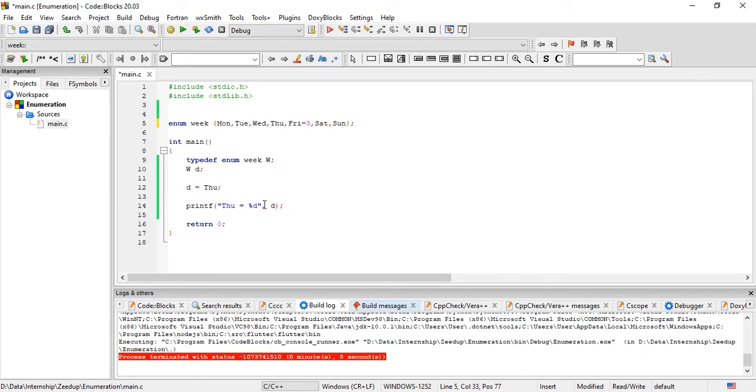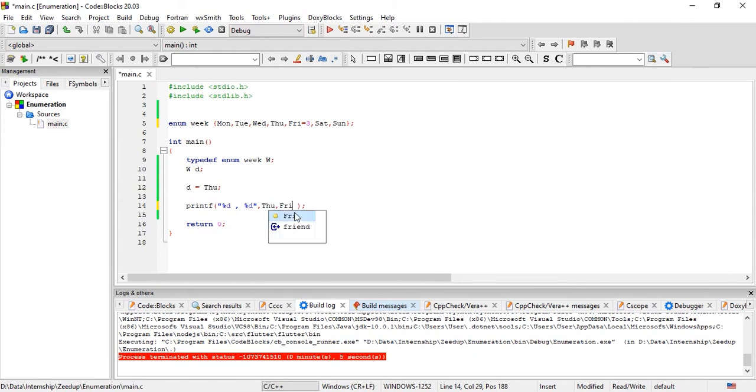Now what happens if you want to refer to it? We can just omit storing Thursday in the variable, and we can simply refer to it like this: %d, comma, again a %d like this, and then we write THU and FRI.